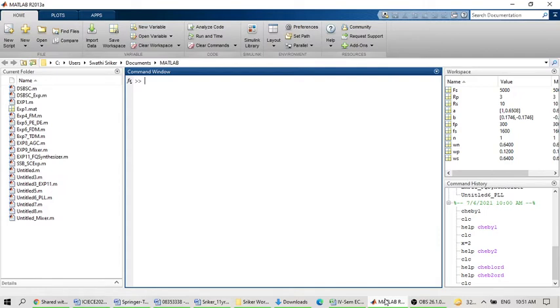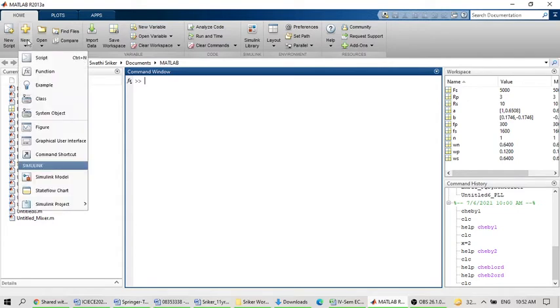After calculating these two parameters, next we have to calculate the transfer function coefficients of FIR filters using the FIR1 built-in command. So these are the steps you have to follow in order to design the FIR filters. After calculating the transfer function coefficients, next you can plot the frequency response of the corresponding low pass, high pass, band pass or band stop. Let us start the program.